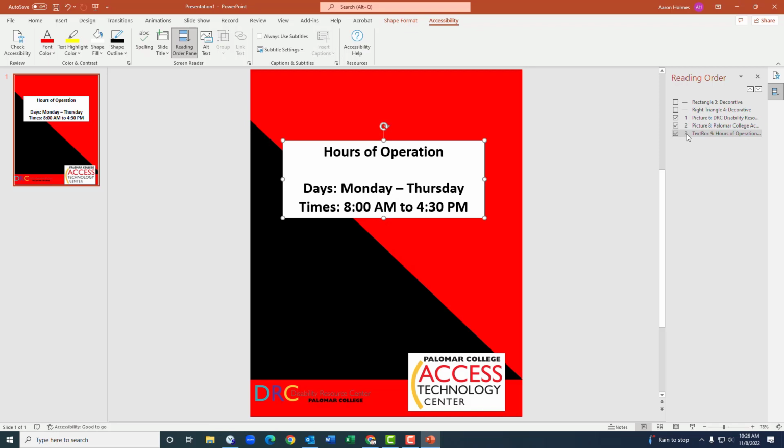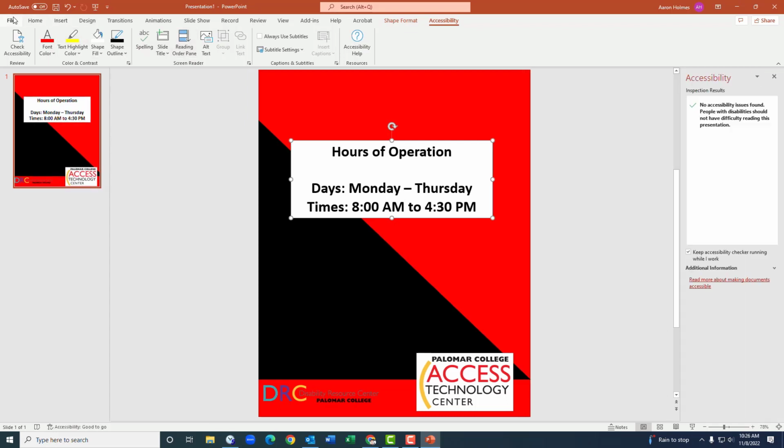I now want what's now item number 3 in the reading order, or the last one in the list, I want that text box to be the 3rd item in the list because it's actually going to come right after the 2 unread items, the rectangle and the right triangle. So now I've got the hours of operation being read first, the DRC logo being read second, and the ATC logo being read third. So now that I have checked my accessibility and I've created my reading order, I can